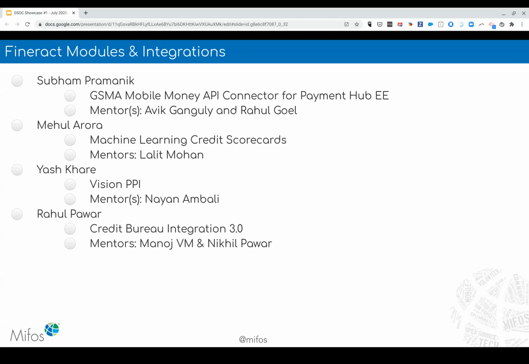And he's been supported by Nayan. And then Rahul, with the support of Nikhil and Manoj, has been working on the third edition of our credit bureau integration project, finally bringing that to completion and focusing on integrating with the Myanmar Credit Information Exchange with support